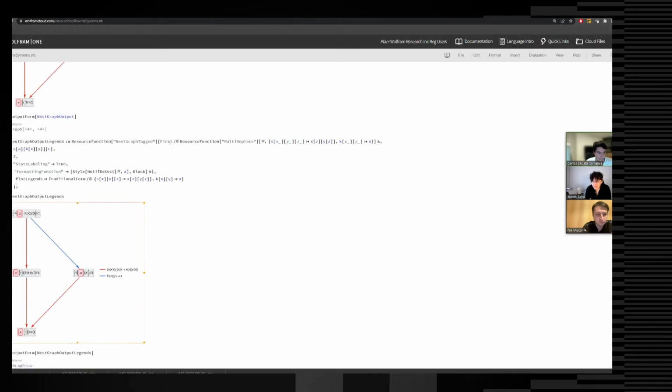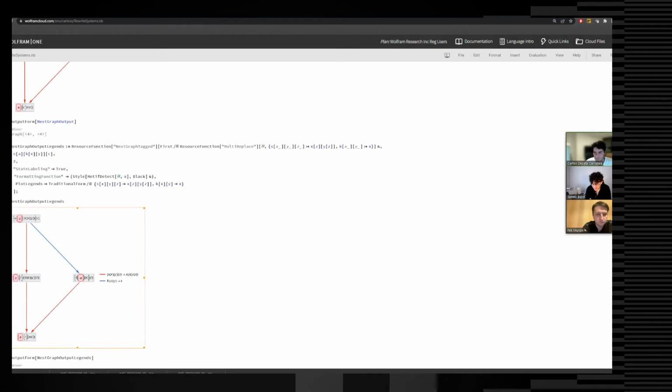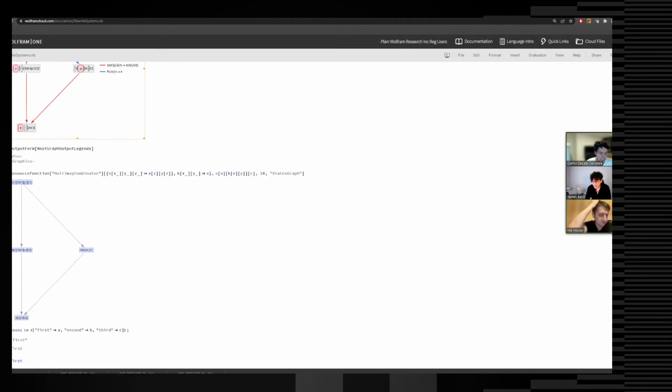Oh yeah, Nick, I've encountered difficulties trying to create legends for nest graph tagged. All kinds of weird things where the images get cut off and the images get cropped and you don't see the full thing. But well, at least it does what it's supposed to do. The legend is just an ad hoc thing that has just been added to the graph. And then you're not doing anything special, and it creates a graphic, right?